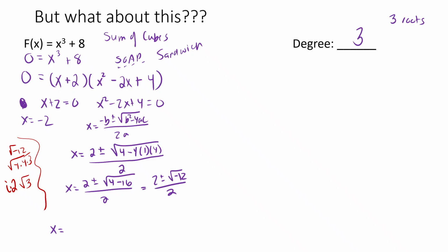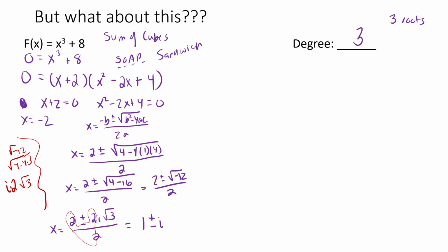So when I write this here, I'm just going to switch the order of the i times 2, and we're going to do 2i root 3. And then what I want you to notice is we got some 2's there, and those are going to cancel out, leaving me with 1 plus or minus